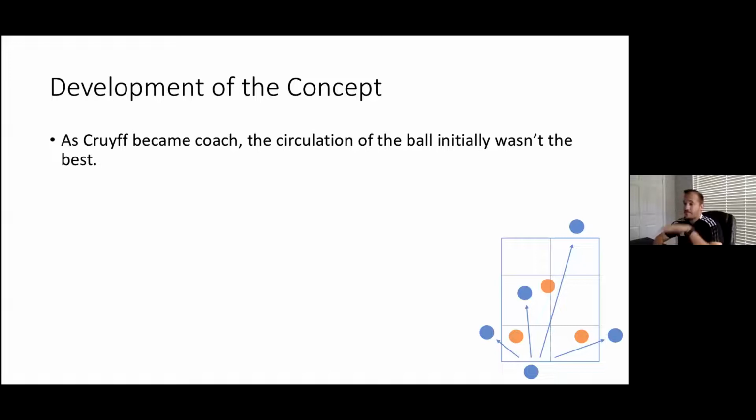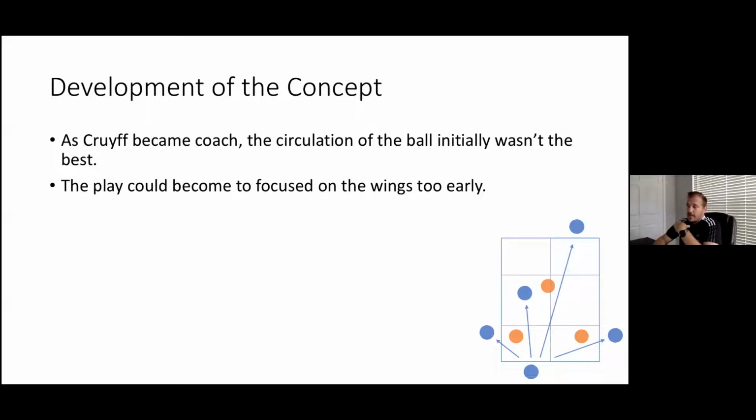As Cruyff became a coach in the 80s, that original Ajax team, they struggled with the ball. They lost some of their sharpness, their intensity. They often played almost in a U in the back. So the center backs would pass out wide to the fullback, down the line to the winger, and back to the other winger like that. They struggled to play into the center of teams, right? Their positioning wasn't good. They were too early forced to the side against the sidelines and pressed.